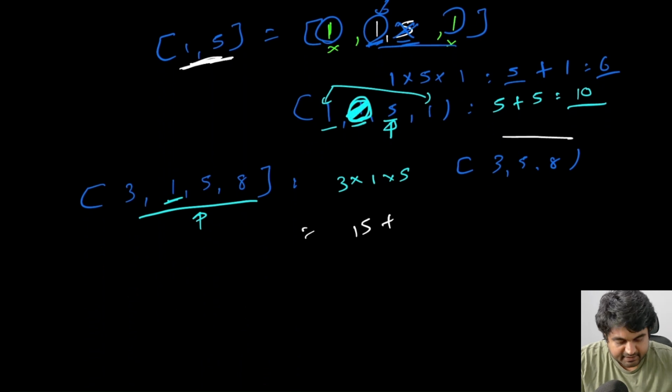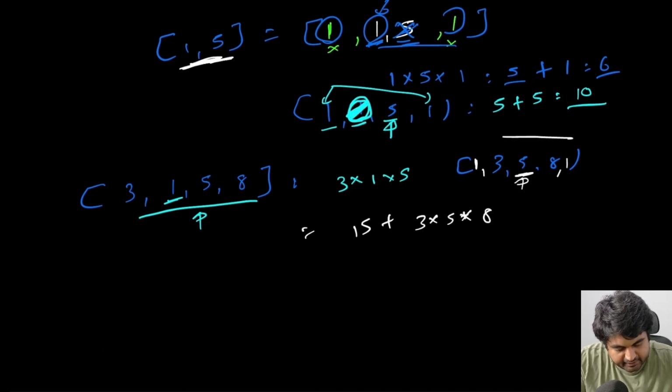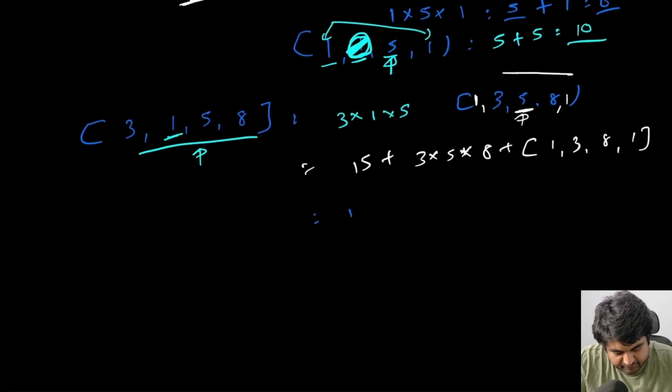Now once again in this case, and remember, imagine that there are going to be two neighboring 1s present at all times. Now once again we would decide to pop balloon number 5. If we do that, we will be doing 3 multiplied by 5 multiplied by 8, and the remaining balloons are going to be values 1, 3, 8 and 1. Okay, now once again in this case, this is going to be 15 plus this is going to be 120